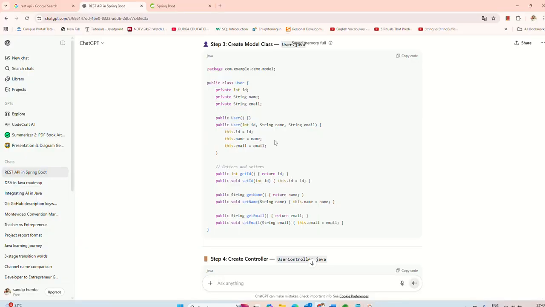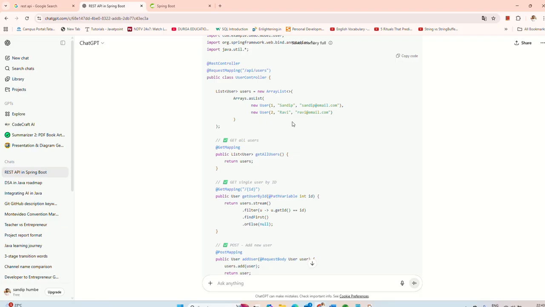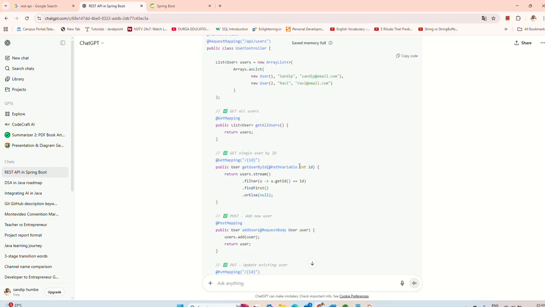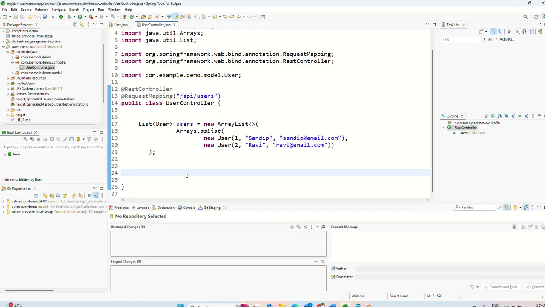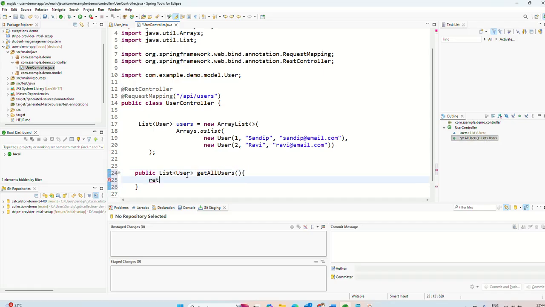Now we will directly go ahead with our functionality, and that is nothing but developing REST endpoints. So first we will go ahead with our GET method, GET request, okay. Public List of User, getAllUsers, okay. This is our method name, and it will return all the users, okay, the list of users. We will use @GetMapping as its annotation,